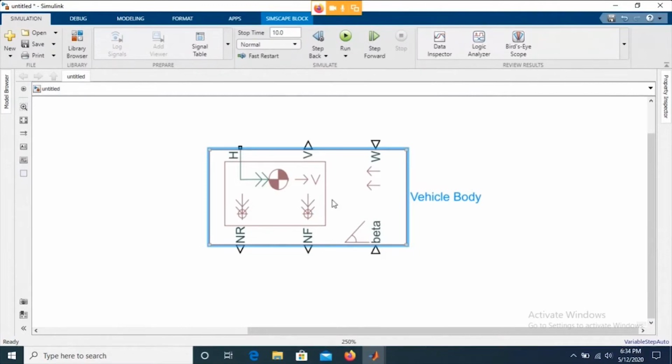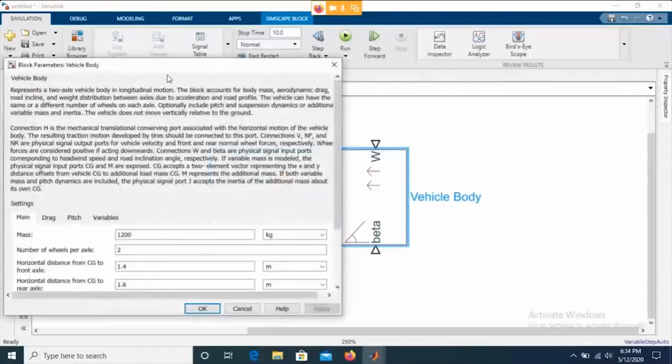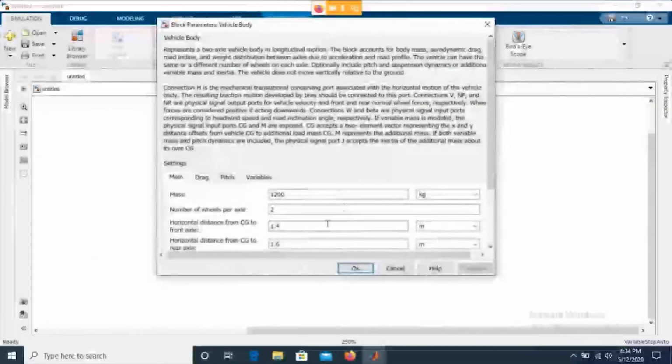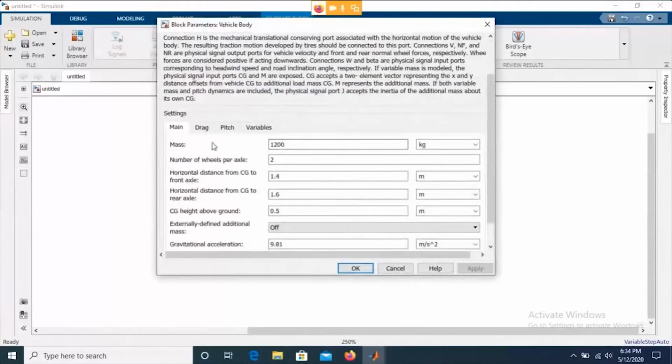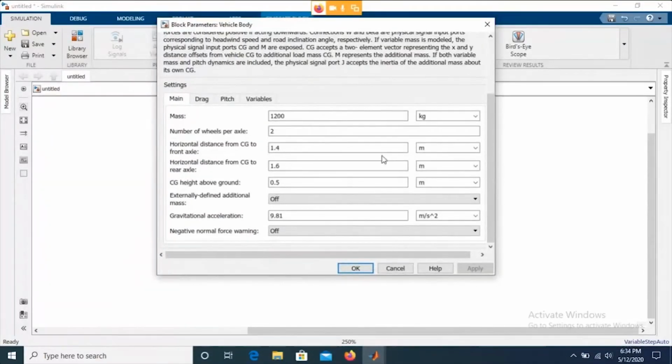And that is what we saw yesterday in the battery model as well. There is a lot of mathematics behind this, and this block basically consists of mathematics, or all the governing equations. Now, what are those equations? If you double click this, you can set up the parameters, or configure this block. What is the weight of the vehicle body? And this is not going to include the passenger weight.